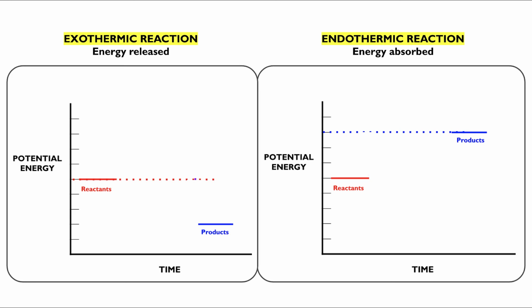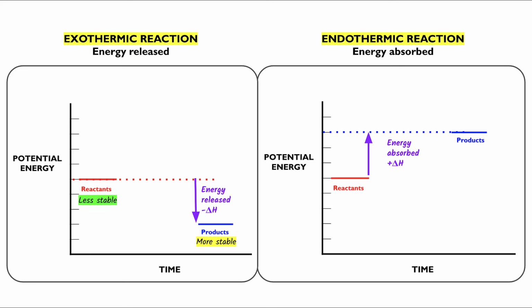So a good first step when you're trying to determine whether or not a potential energy diagram is endothermic or exothermic is to just ignore the curve in between. I haven't even drawn the reaction curve yet here. Ignore the curve in between and just look at the relative positions of the reactants and the products on the y-axis. If you have to move down to get from reactants to products, energy is being released as reactants go to products. That is a negative delta H. If you have to move up on the y-axis to get from reactants to products, again, ignoring the reaction curve in the middle,